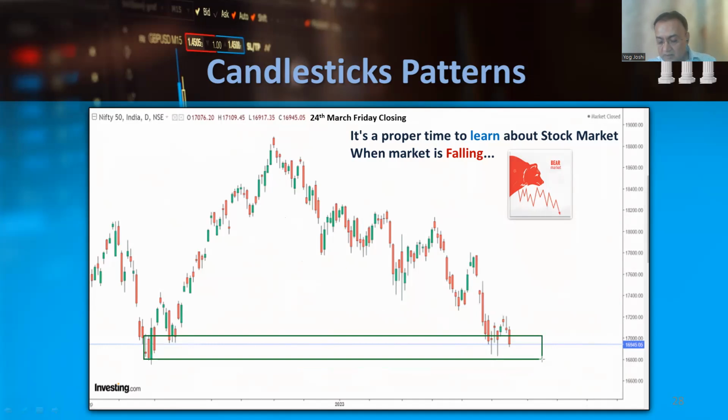If you know the support, resistance, the demand zone, supply zone, the candlestick patterns and chart patterns, and if you know the indicators and oscillators, then with their help we can find a good entry time in the market when the market is falling. When the market is nearby support, it is a good time to enter. But we are supposed to identify what the supply zone is, what the demand zone is, what the support is, and what the resistance is.